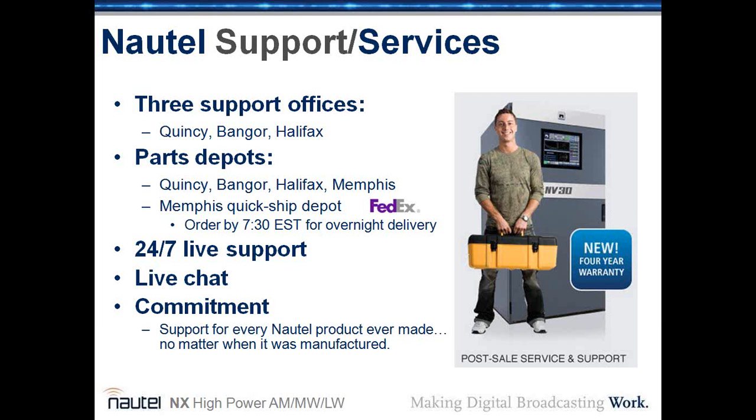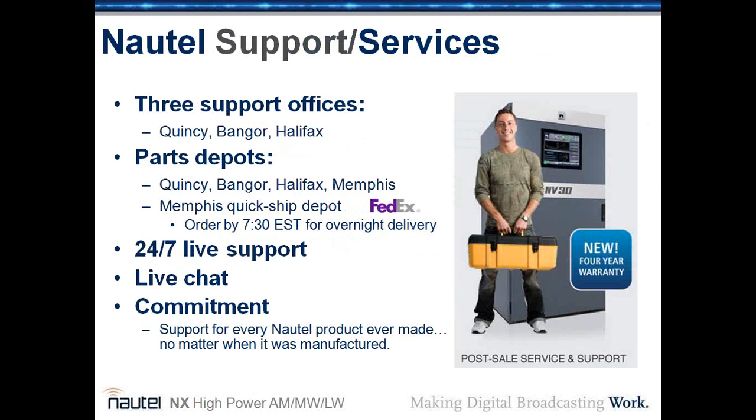We also have in our support system offices in Quincy, Bangor, and Halifax. So we are able to make shipments for parts ordered as late as 7:30 in the evening Eastern Standard Time and have them dispatched from our Memphis Quick Ship Depot, which is adjacent to the FedEx facilities. We have 24/7 support, live chat, and commitment. I think if you ask any Nautel customer, you'll find that Nautel is better supported than most any other